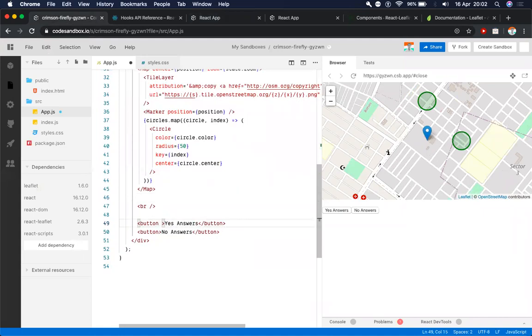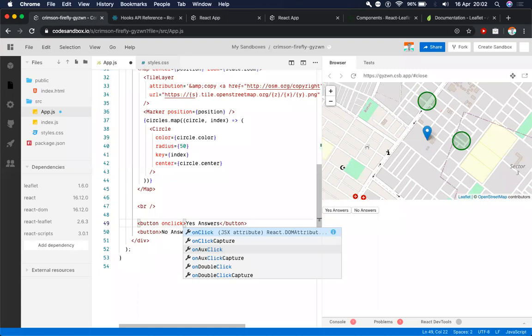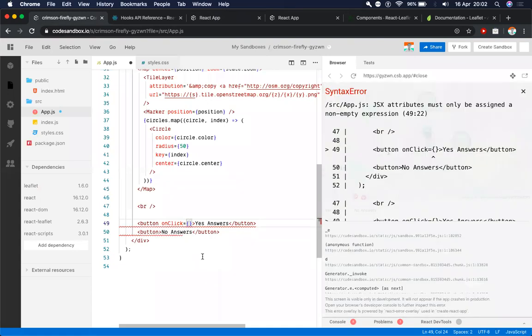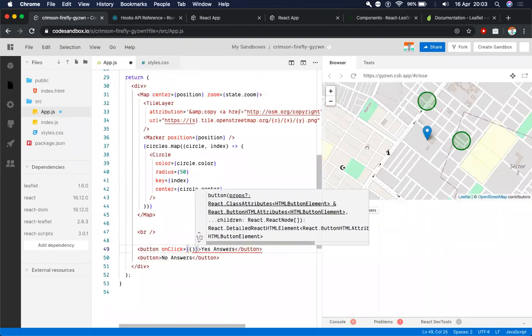Everyone must know the onClick property in JavaScript, or might have used it somewhere, maybe in forms. The thing in JSX is that we can't use onClick directly; we need to use it in camel case, like this. Since this is a property on our JSX component, on the button component or on any component in JSX, they generally have the onClick property. So onClick, what we are going to pass is